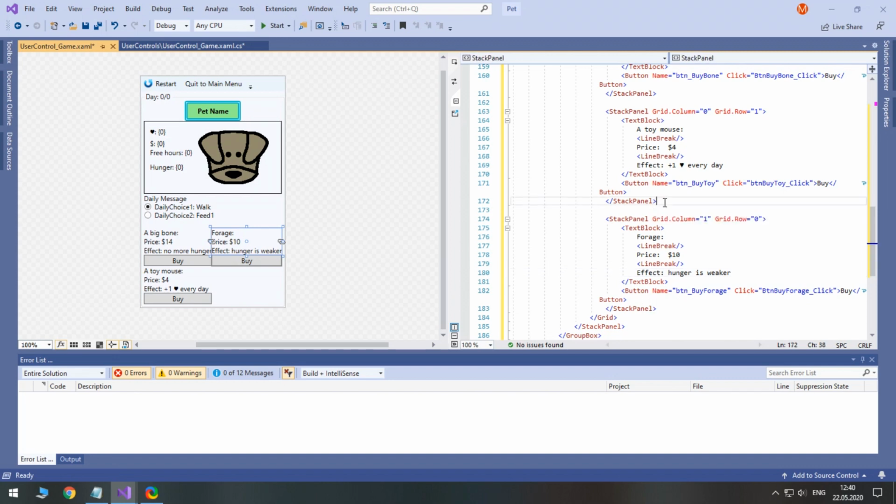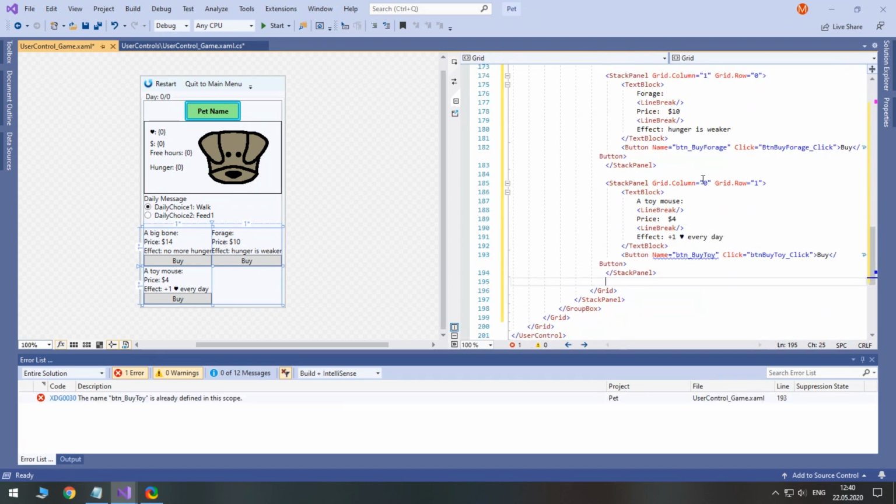The last stack panel will be for buying fruits. Just like before, change the column and the row, change the name and the click event.